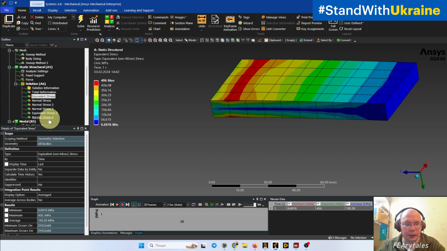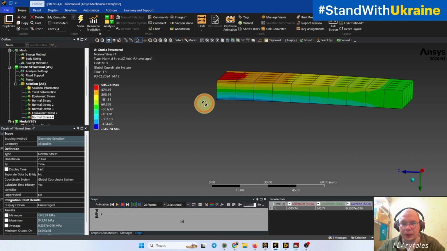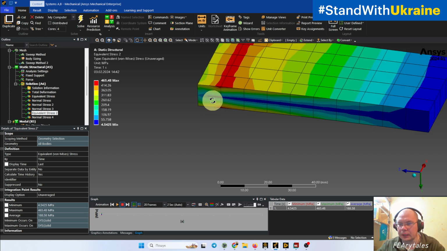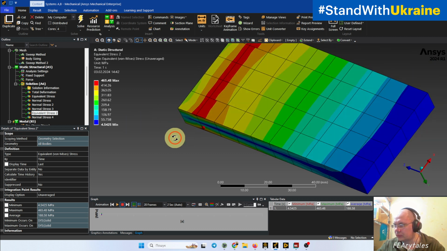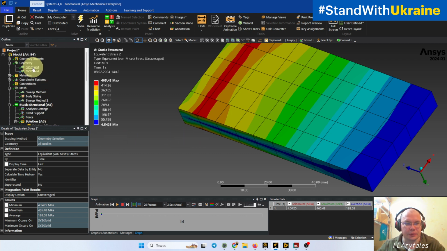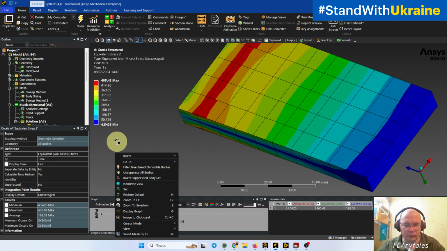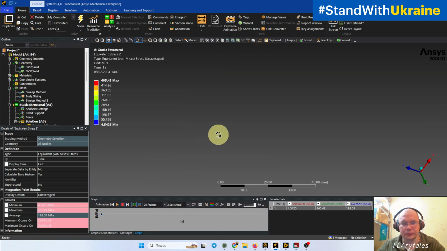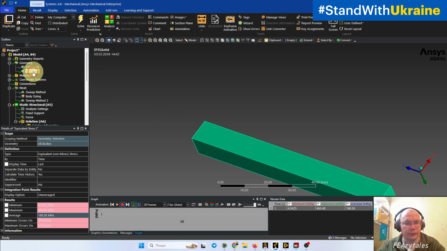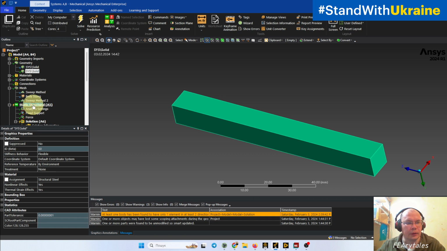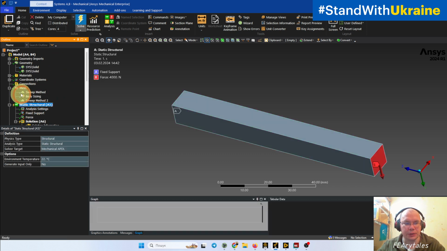So it's good. We can see the stress distribution, averaged, unaveraged, and everywhere we see this kind of picture. Okay, let's invert our suppression. So now we have this body. Let's try to calculate,